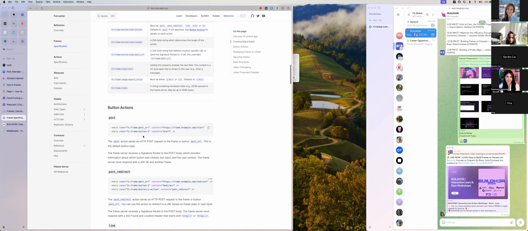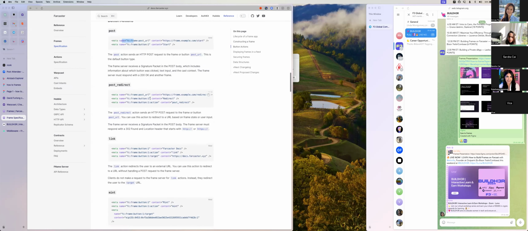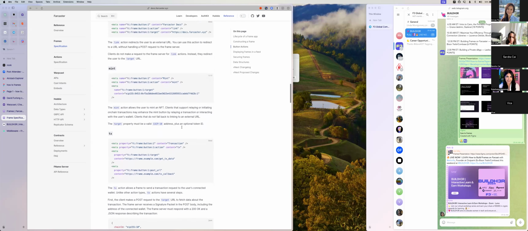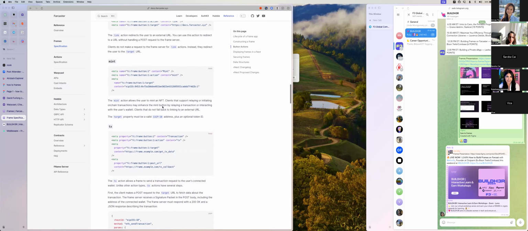Yeah, and then they start describing how the buttons could be posting a link, redirecting to another website, or minting from a smart contract. So you could do all sorts of fun things. I think the transactions and minting get a little bit more complicated. So the first thing I'll do is go through